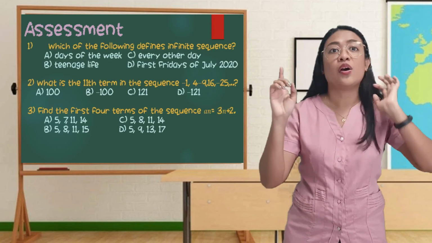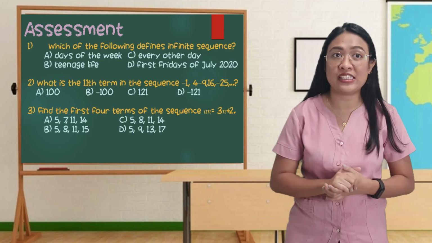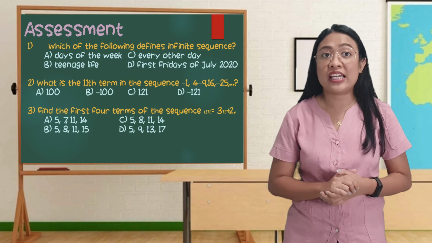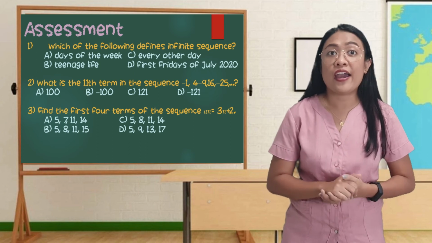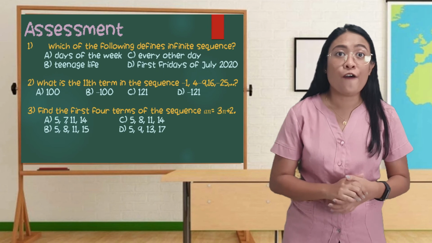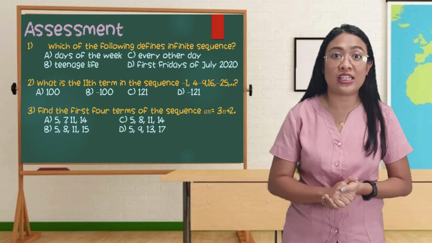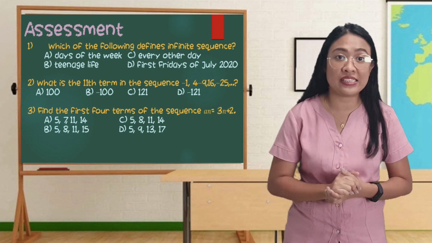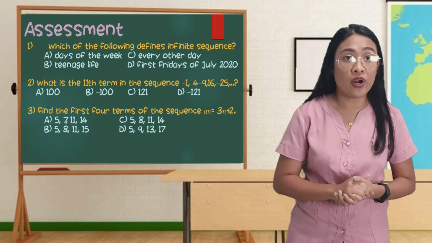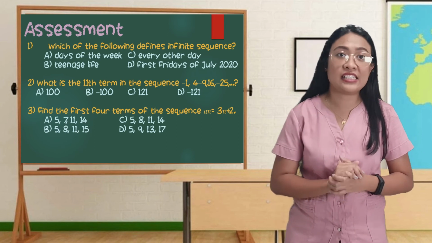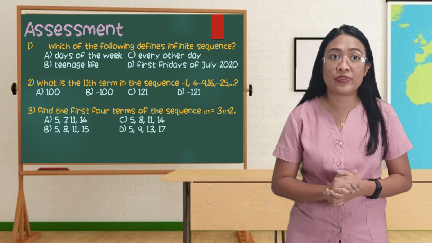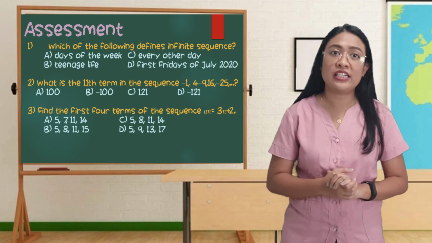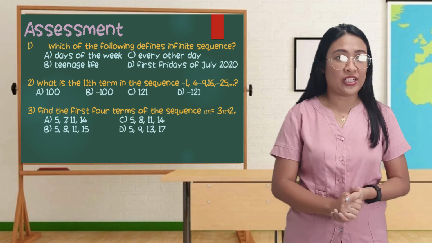For number 1, which of the following defines infinite sequence? Letter A, days of a week. Letter B, teenage life. Letter C, every other day. Letter D, first Fridays of July 2021. For number 2, what is the 11th term in the sequence -1, 4, -9, 16, and -25? Letter A, 100. Letter B, -100. Letter C, 121. And letter D,